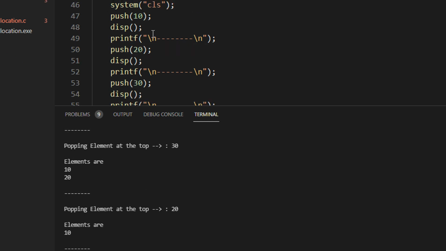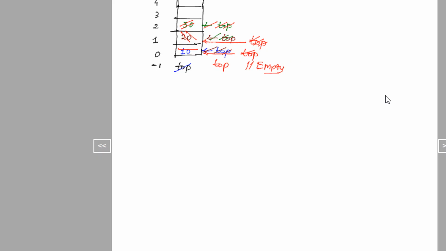Stack is also known as last in, first out. This is called LIFO, where L, I, F, and O. Last in means whatever element was inserted last, in this case 30, will be removed first.